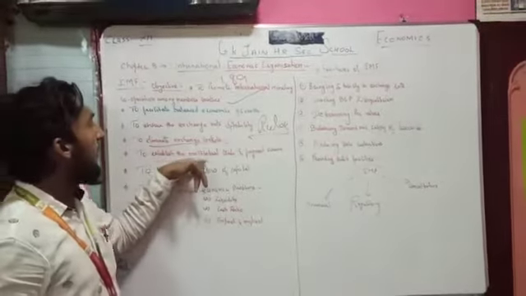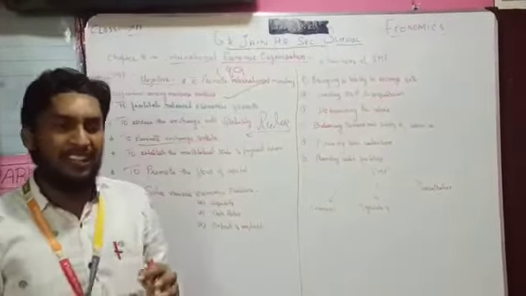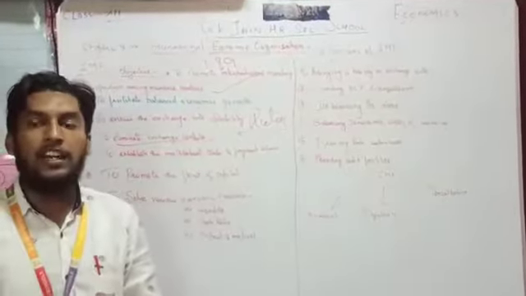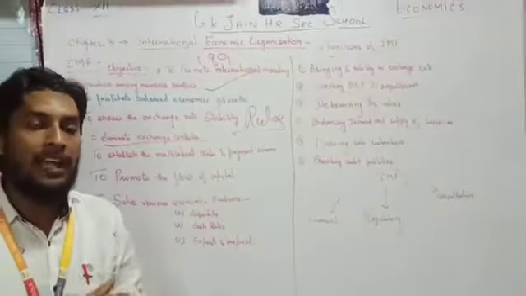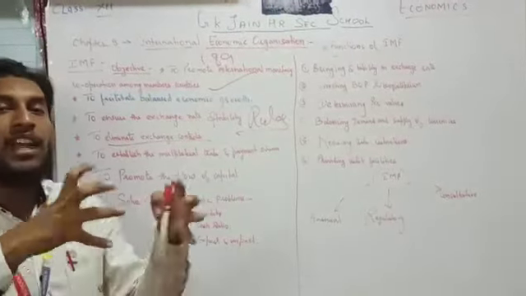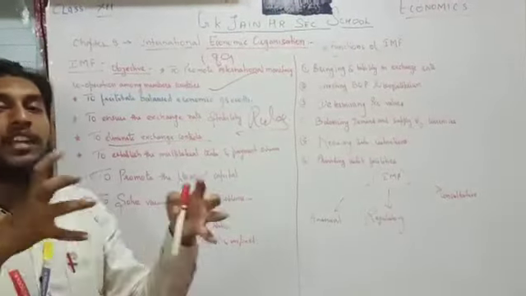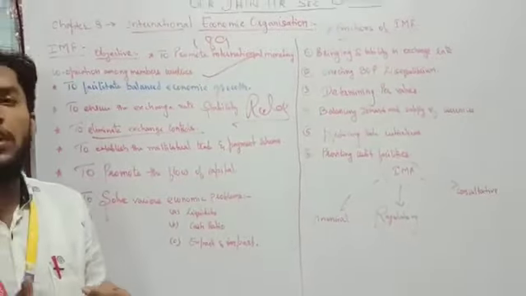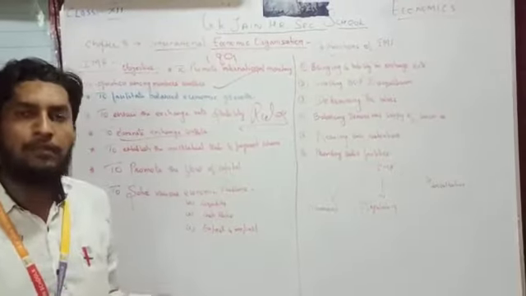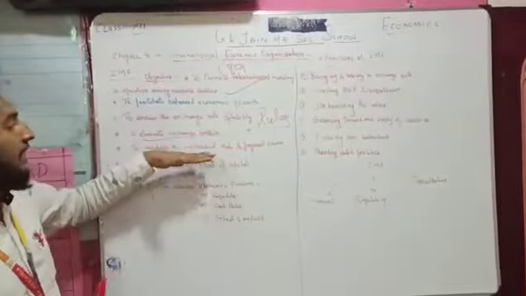Next one, to establish the multilateral trade and payment scheme. When two countries come together for any trading or economic activity, there should be many ways for trade and for payment. When you go for trade, many ways should be there, and there should be diversification in the payment. The IMF gives you that privilege by establishing a multilateral payment and trading system, because when two countries come together, there will be different scenarios. The regulations, laws, and export and import systems will be different. That's the reason we need the multilateral trade and payment scheme.